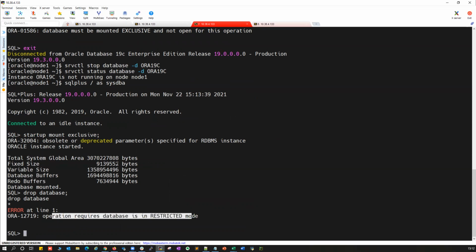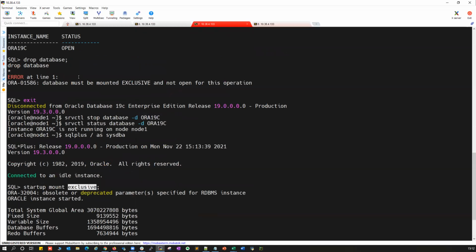Exclusive, in the sense of RAC instances, means if you want to start only one instance, it should be started with the exclusive mode. If you start any one of the instances with exclusive mode, you will not be able to start the other instances of your RAC database. So this exclusive mode is only applicable for your RAC databases.